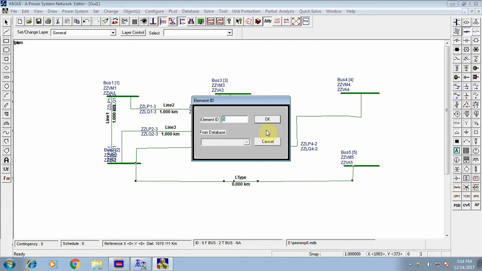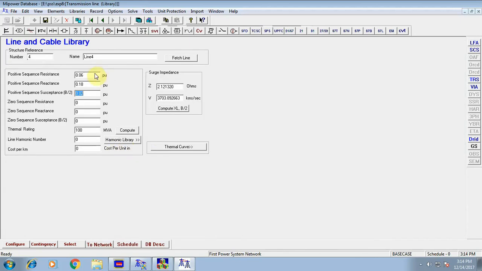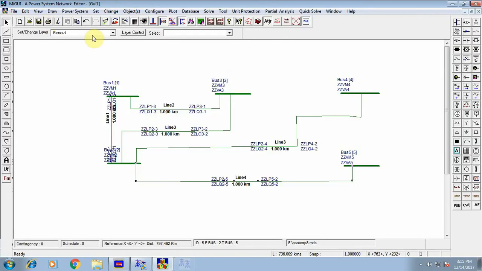Double click on this bus number 5. Click OK, and enter this structure reference number as 4, and then click on this transmission line library and enter this positive sequence resistance as 0.04, and then positive sequence reactance as 0.12, and then positive sequence susceptance B/2, which is 0.015. Click save. Click on this line, click save.